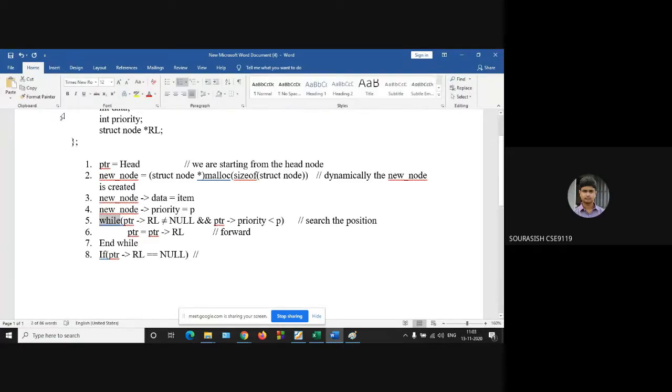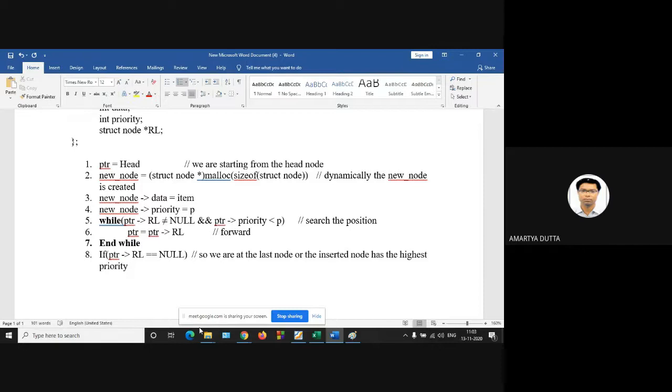PTR RL equals to null means we are at the last node. You can also imagine it as the inserted node has the highest priority.